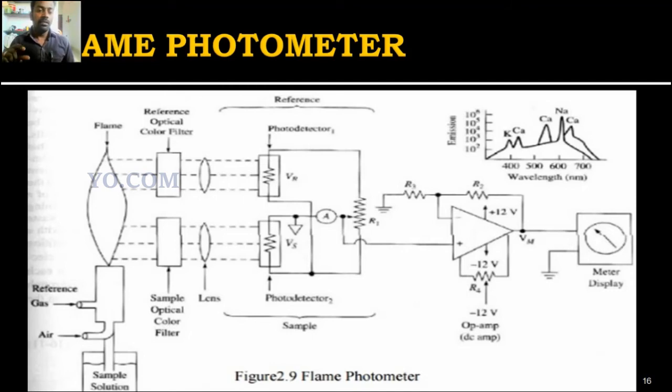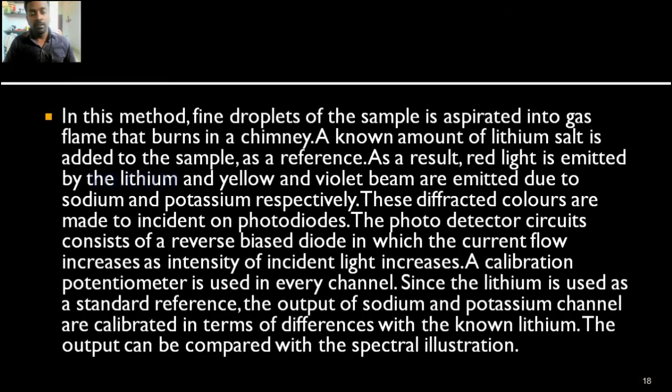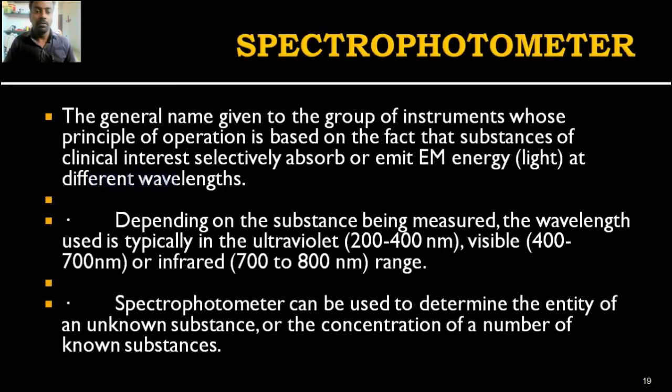For example, consider urine. We take the urine in a particular container and keep it in this photometer. The flame is started. If the urine emits red light, then lithium is present. If it produces yellow light, sodium is present in the liquid, and so on. Likewise, we can find the substances in a sample solution.